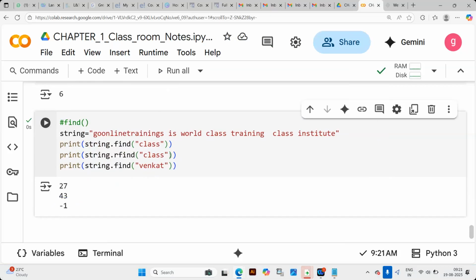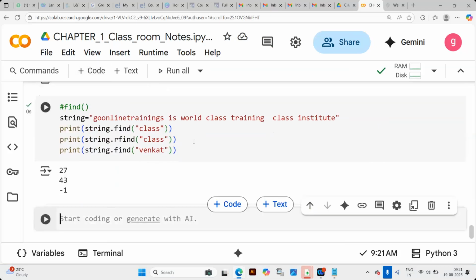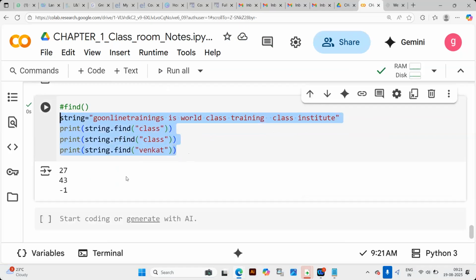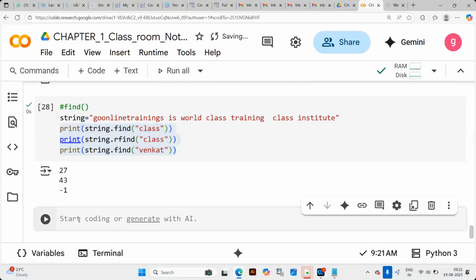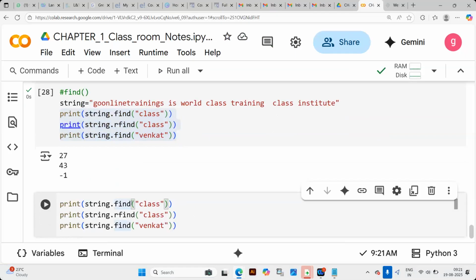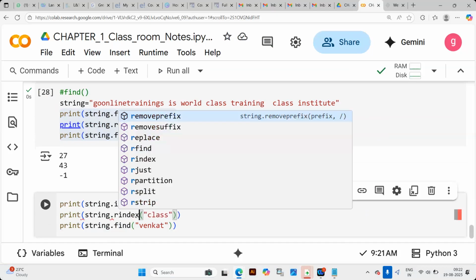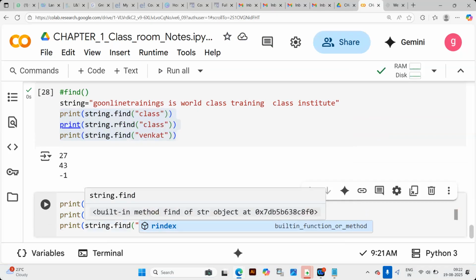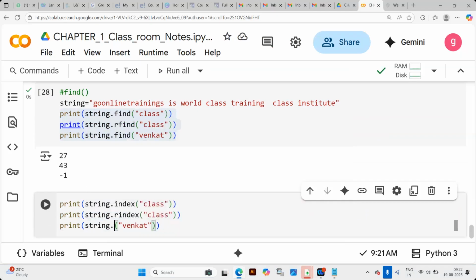There is another function equivalent to the find function called the index function. I'll take the same example, using index rather than find, and rindex rather than rfind.